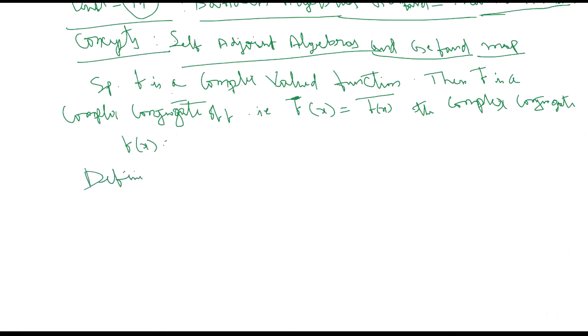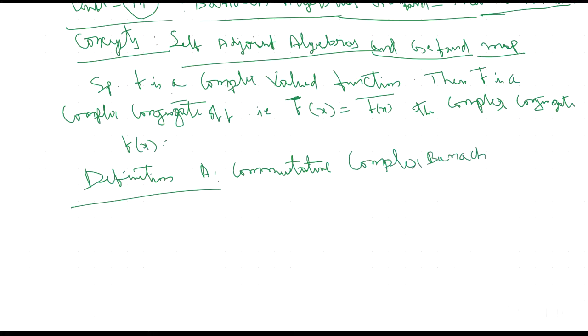Definition. A commutative complex Banach algebra X. A commutative complex Banach algebra X is said to be self-adjoint